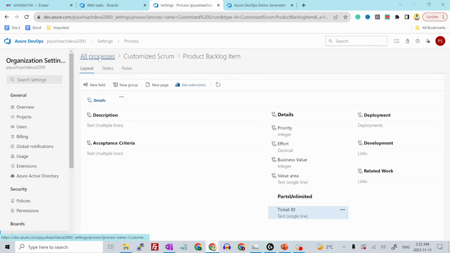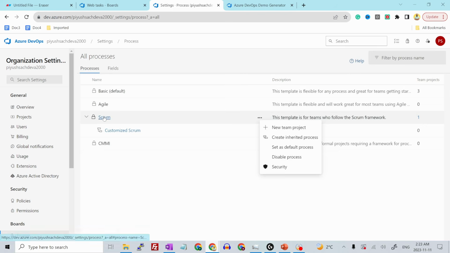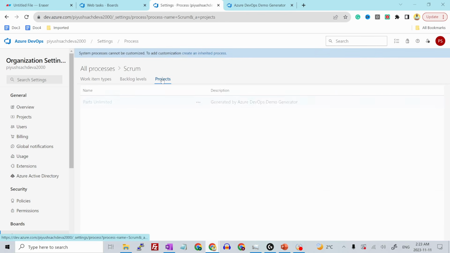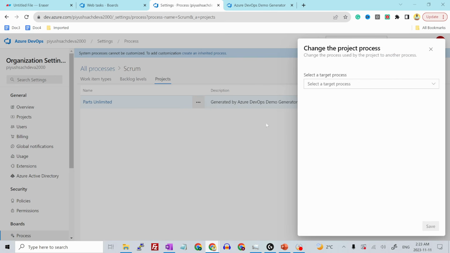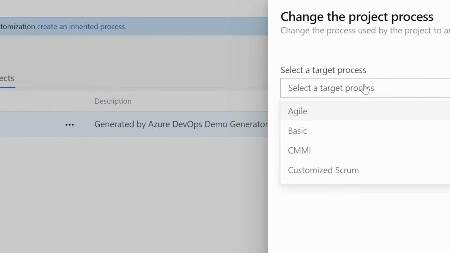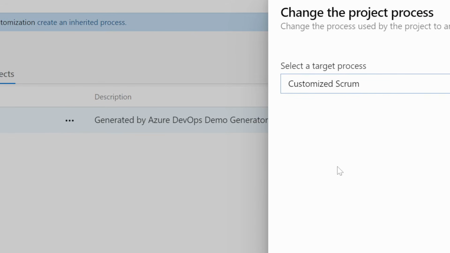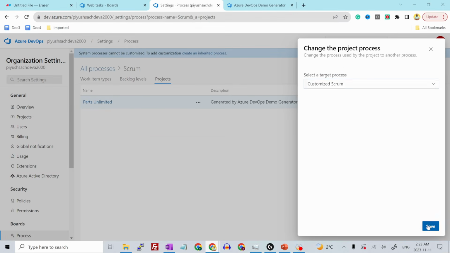Now go to all processes, go to Scrum, and then projects. But here, click on these three dots and change process. Select a target process and use customize Scrum. So we are basically changing Scrum to customize Scrum because we added one more field to it. Let's hit save,